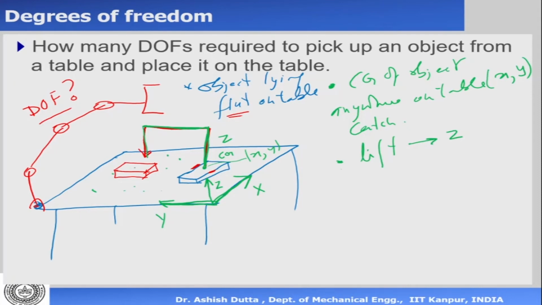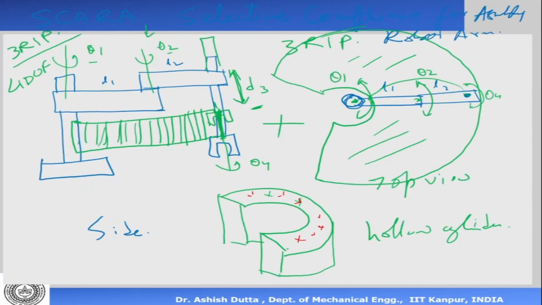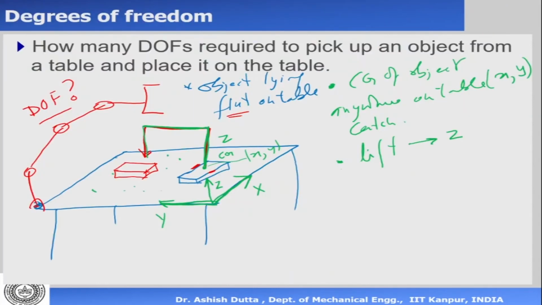So how many degrees of freedom are required? You might think it is 3, but it's not 3, it's 4. Why is it 4? Because at the end effector, you're catching the object here and here. So I have an object, and this object is being caught by the gripper. So the gripper is catching either here or it is catching that side. So it has to rotate. So it needs this degree of freedom, theta, at the end